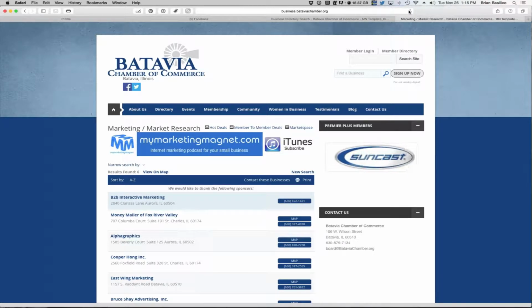Okay, so this is technically a rotating banner space. If you look over to the right under the Premier Plus members, you see that's rotating. Those are all of our Premier Plus. That's what a rotating ad looks like. Since you're the only person advertising in that category right now, you pay $25 a month to have